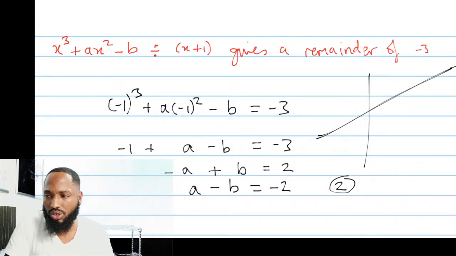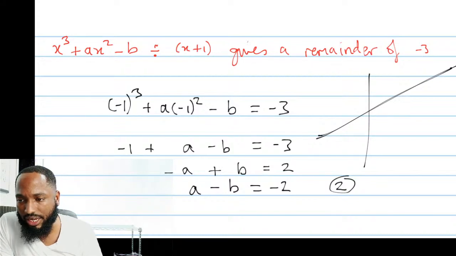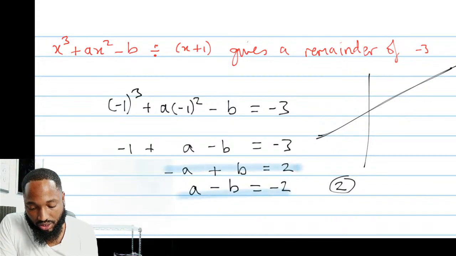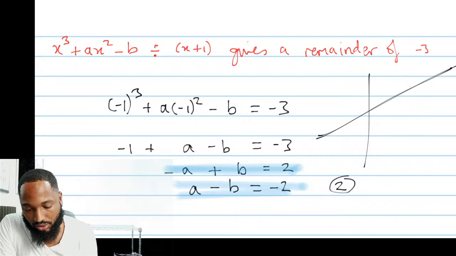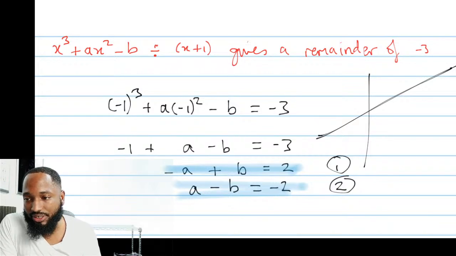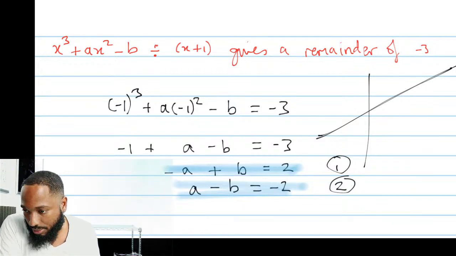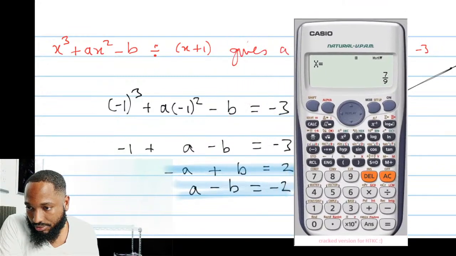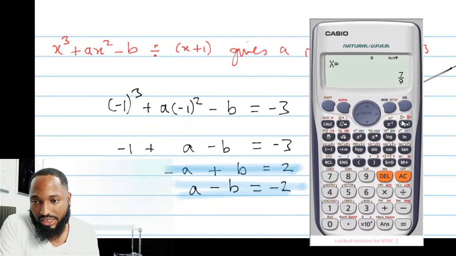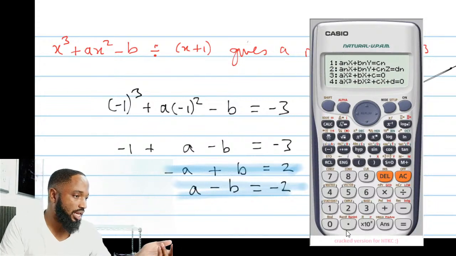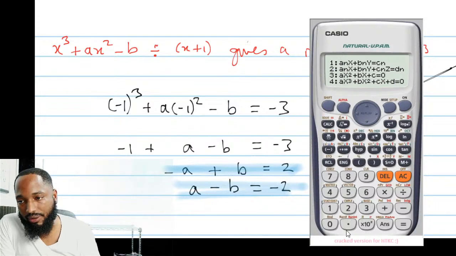Oh, I wanted to show you how to, forget that, we're just trying to learn something here. I wanted to show you how to do it on the calculator. So after you solve the equations and you're reaching this scenario and you have the two equations now, equation 1 and 2, all you need to do, especially if the equation is complicated and you want to get the answer fast, you bring up your calculator and the simultaneous part, you press mode, equation 5. It may be a different number on your calculator depending on what calculator you're using.